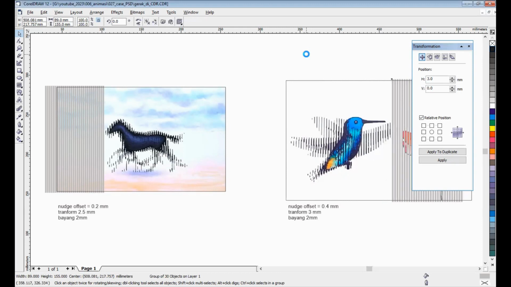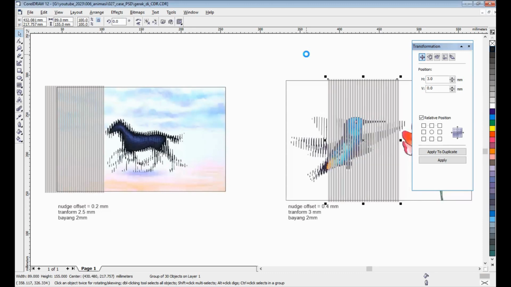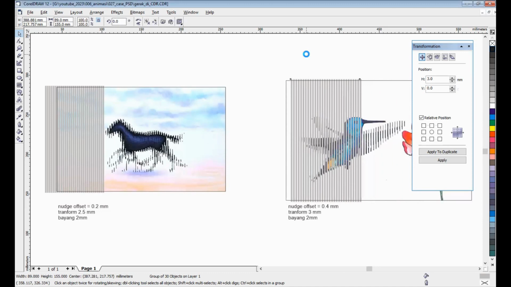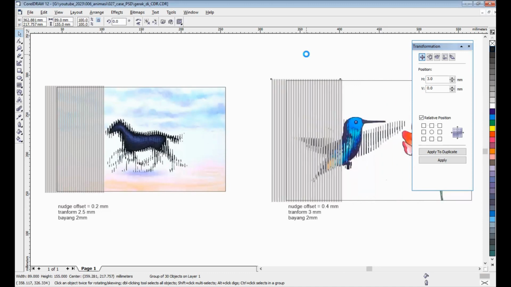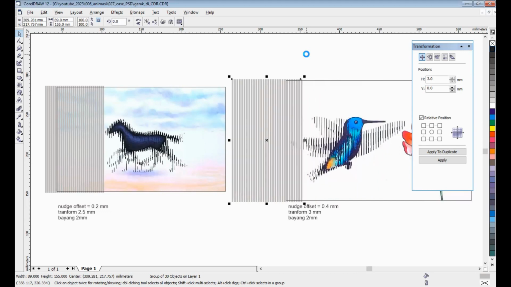A bird, and the wings of the bird are moving from behind to front, and it's very natural, I think, and we will get the concept of how to create animation.